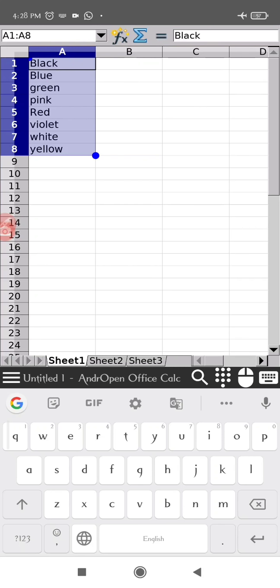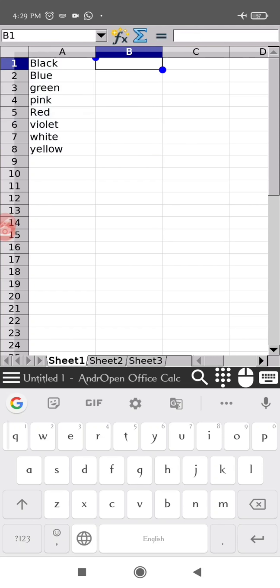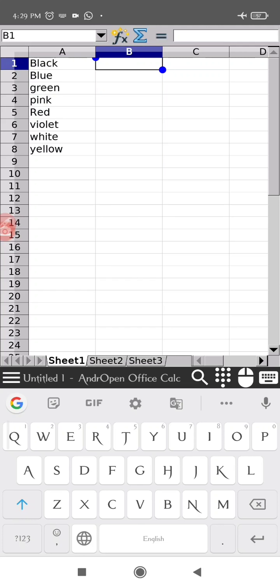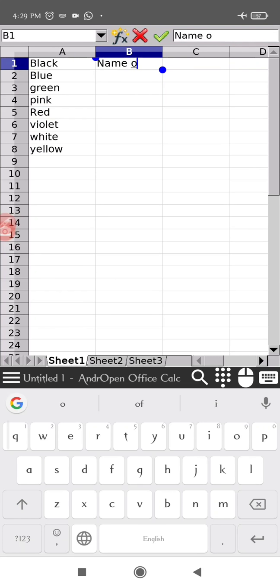Now if I want to sort a list with a label, how am I going to do it? I am going to go to column B for that. Here I am writing Name of colors. A label could be anything, or a heading could be anything.